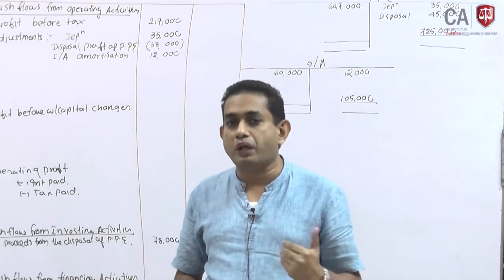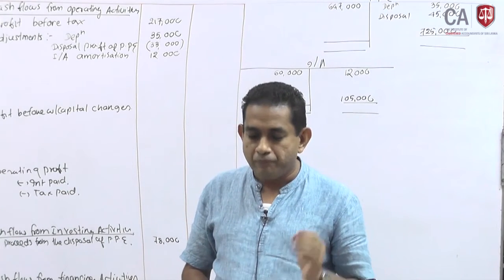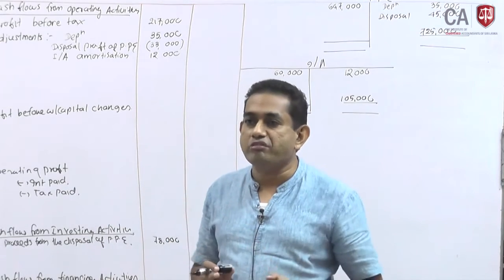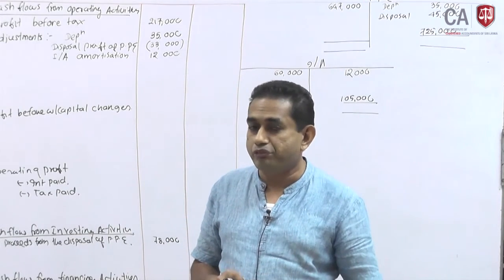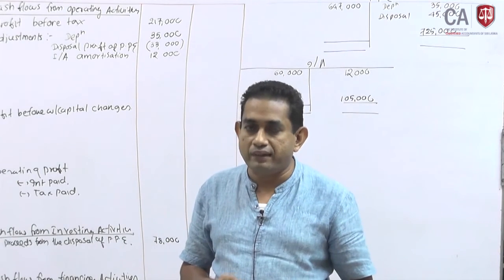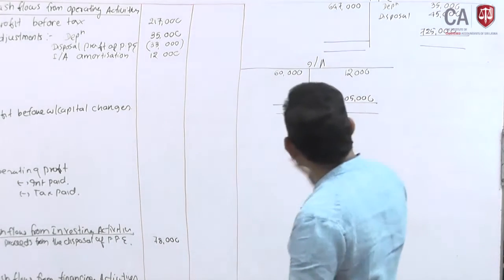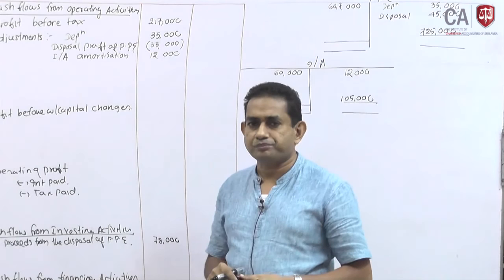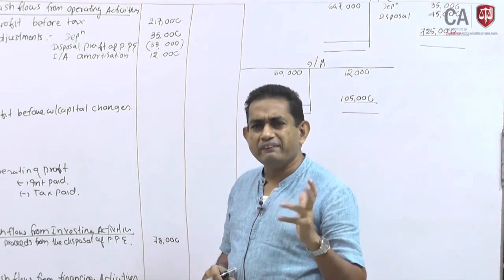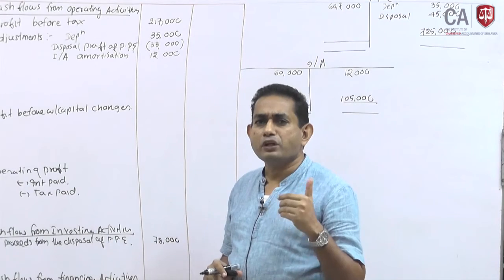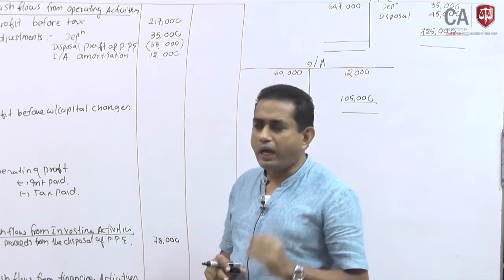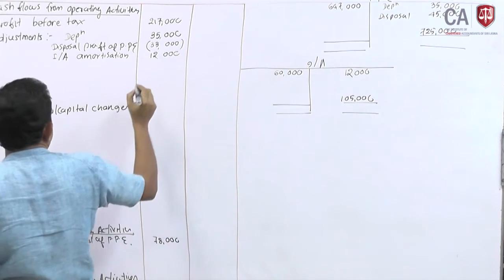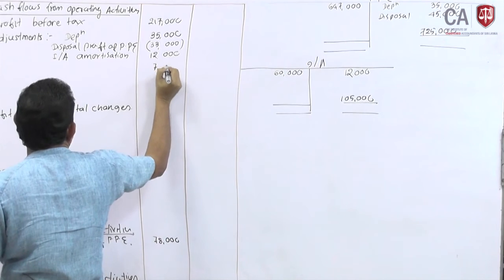That is what adjustment number 4 explains. This increase of investment properties from 48,000 to 55 is due to the increase in fair valuations by 7,000. You debit investment properties by 7 and credit profit and loss by 7,000. And this fair valuation is a non-cash transaction, and to convert your profit from accrual basis to cash basis, you need to eliminate its effect,